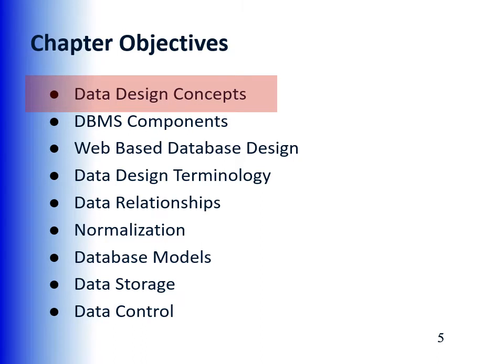The objective of chapter 6 is basically to make you understand the elements of data design, which are data design concept, DBMS components, web-based database design, data design terminology, data relationship, normalization, database model, data storage, and data control. In this part 1 video, I will cover only the first element,